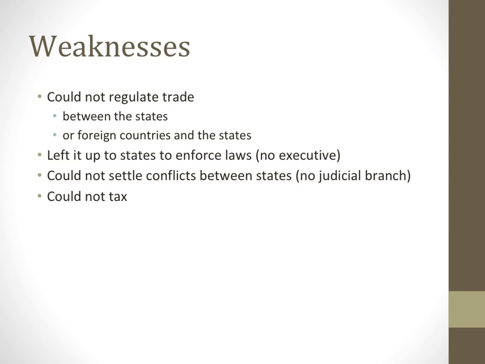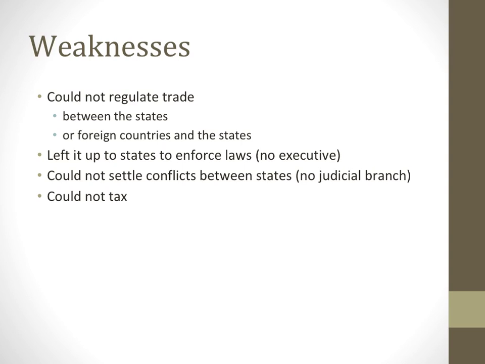And then, as we've spoken about before, without the ability to tax, the Congress is very weak. They can simply ask or request for money. That's called a requisition. And they would make that request based on the size of the population. So if your state had 20% of the population, they would be expected to pay 20% of the tax that they're asking. And then it would be left up to the state to decide how to collect that tax, how to make that money. And that's a good idea, letting the state decide that. The problem is it leaves it up to the state whether they even want to pay the tax.